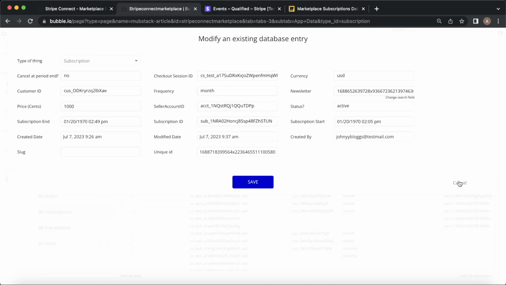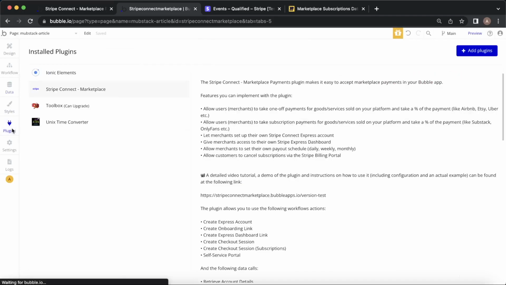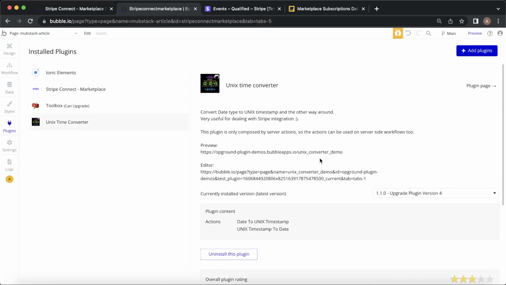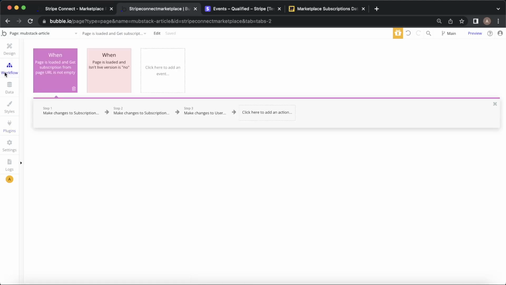What we're going to do is go into the plugin section of our Bubble editor and install this UNIX time converter plugin. You can see here it's useful for dealing with the Stripe integration. At a very high level, the issue is Stripe returns UNIX dates in seconds, whereas Bubble handles it in milliseconds. So we don't need to go into the full details, but what we can do is go back